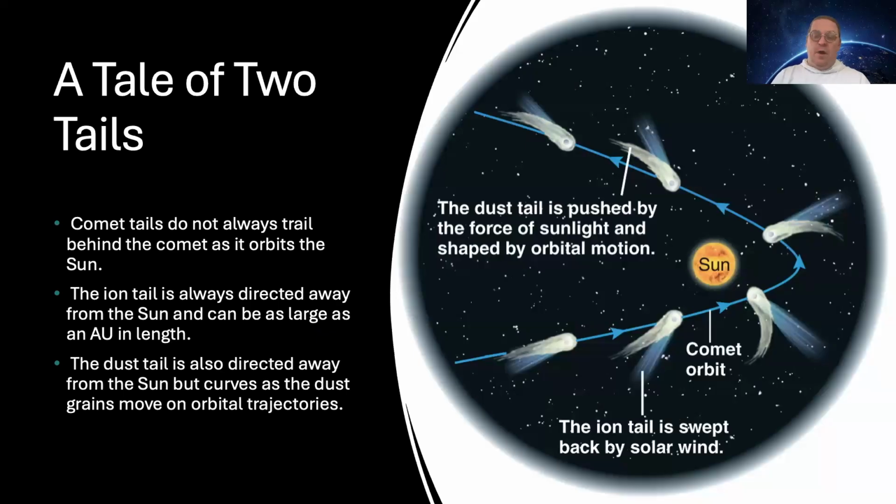The dust tail is primarily brownish in color, as you might expect from dust. And the interesting thing about it is that it is generally curved in shape. It's rarely just straight. You'll rarely find images of comets